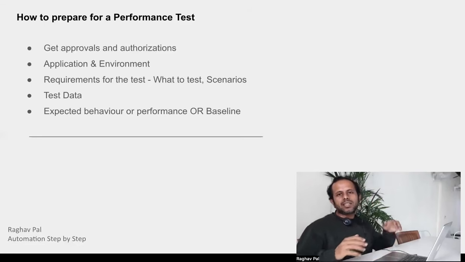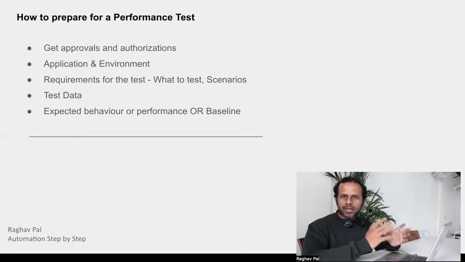A baseline is the expected performance against the number of virtual users. So for example, for 10 virtual users, what is the expected performance? What is the response time, the average response time, the median, the lag time, the network time, all those things. And then what happens when you increase the load to 50, 100, 10,000, and so on. So there will be a complete report in a tabular format, most probably a CSV format, where you will have all this baseline,